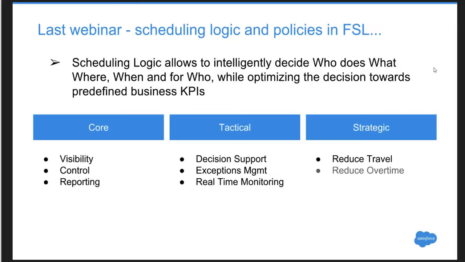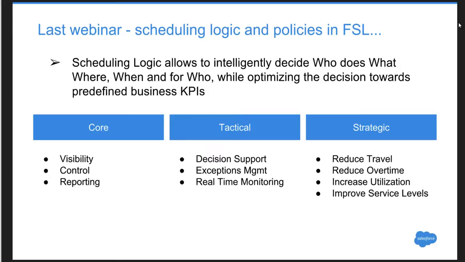And the strategic perspective of reducing operational costs, increasing the utilization of your resources, how many jobs per day you do, how you deploy different skill levels or seniority levels across your organization, and of course, ultimately, improving service levels